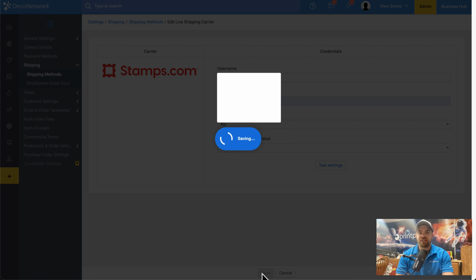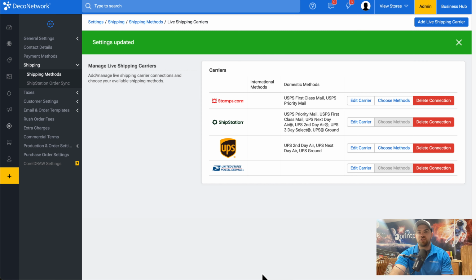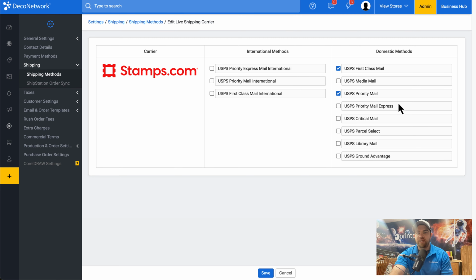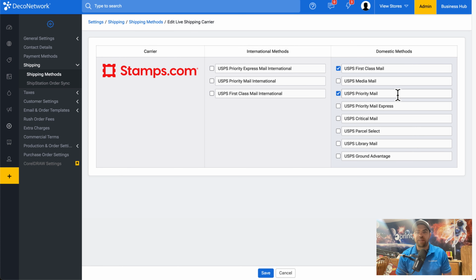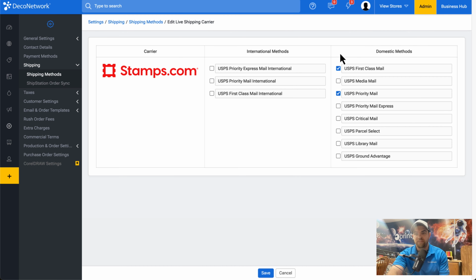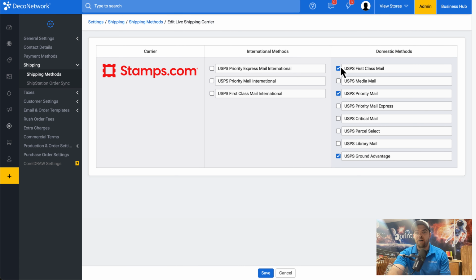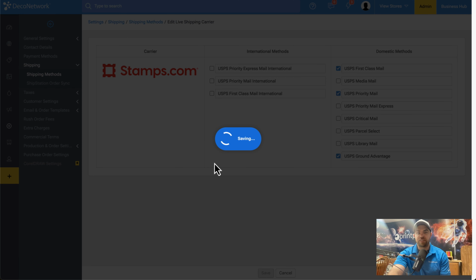Now that we have connected Stamps.com, we can choose our methods. So we'll come here to choose Methods, and we can choose the different USPS shipping methods for both domestic and international. Once we have selected our different methods, we'll click Save, and they will be added to the general list